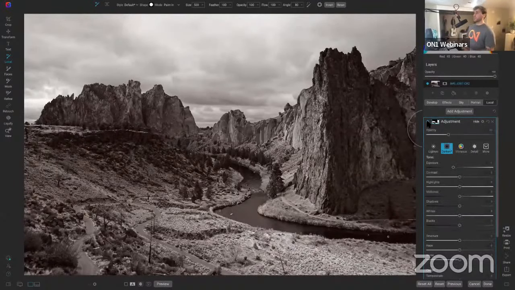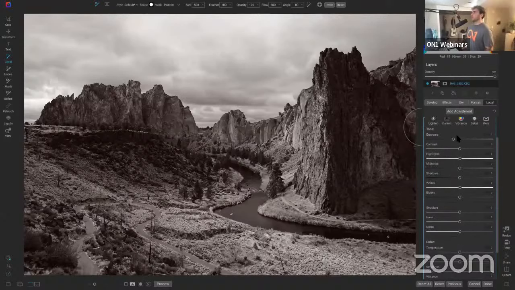And it's subtle, but it's helping. It's just bringing a little bit more contrast into the scene. So what I want to do now is do the opposite. So let's rename this one darken. We'll add another local adjustment and we'll name this one